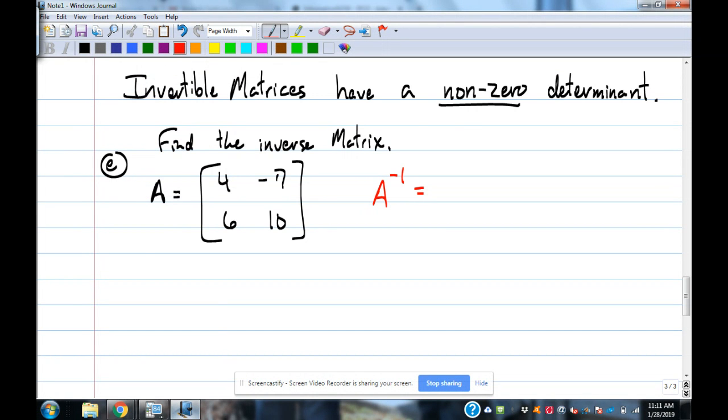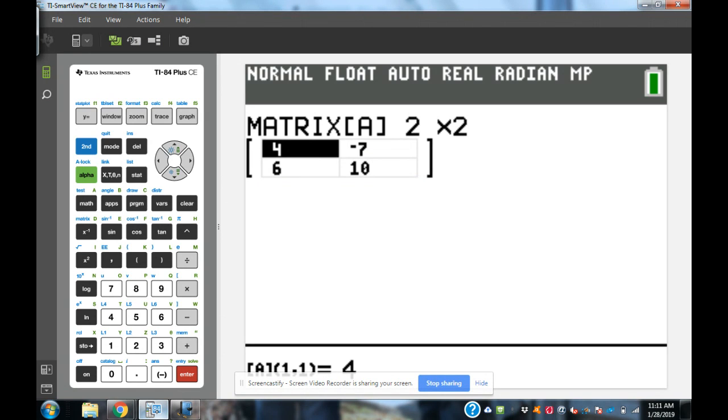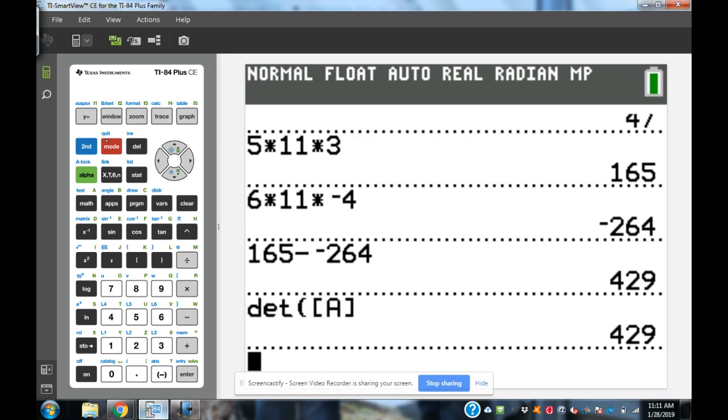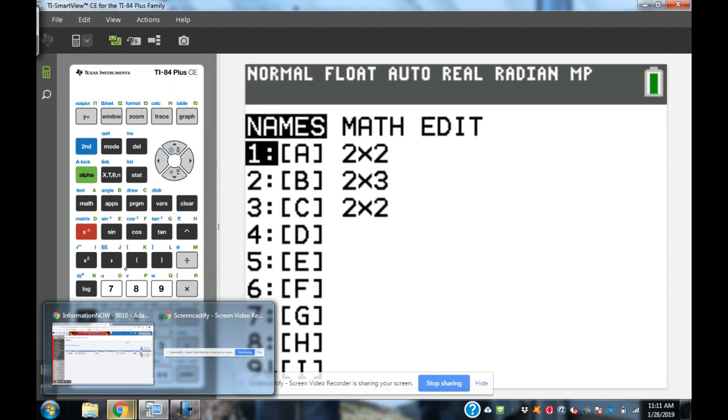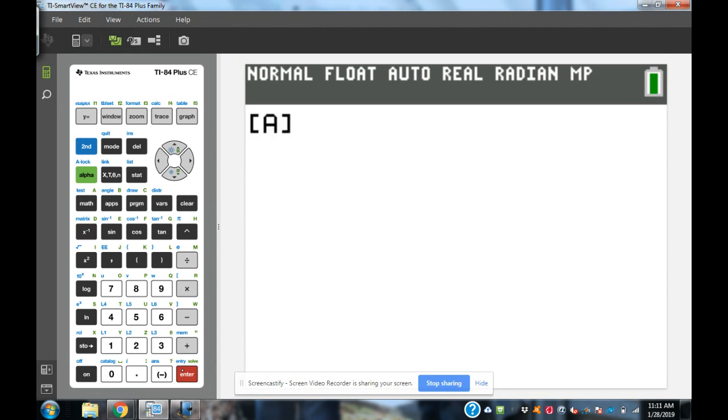We're back. All right, so we've got that calculator. We put in that matrix, 2 by 2, 4, -7, 6, 10 into that. So second mode to get back to the regular calculator screen. And then you want to just go and grab the name of that matrix that you put in. So I'm going to hit second matrix, and I put that in matrix A. So I want to pull it up like I was going to do an addition problem or a multiplication problem. So I pull it into there. And then your calculator has an inverse button. It is right here. It's the x to the -1 power. That's the inverse button. So you're going to hit that, and it's going to give you